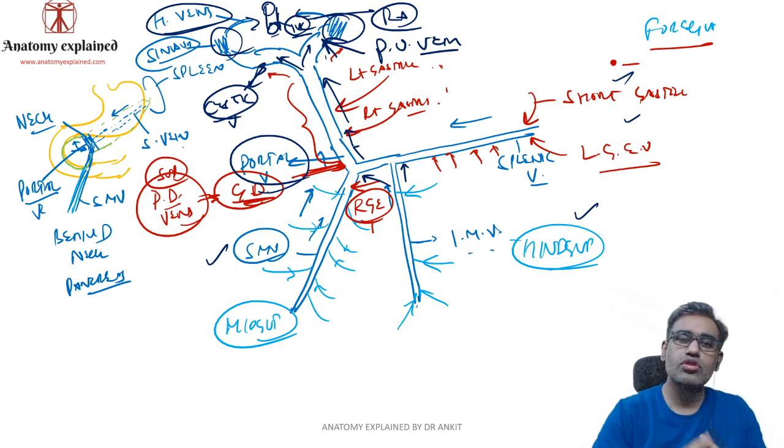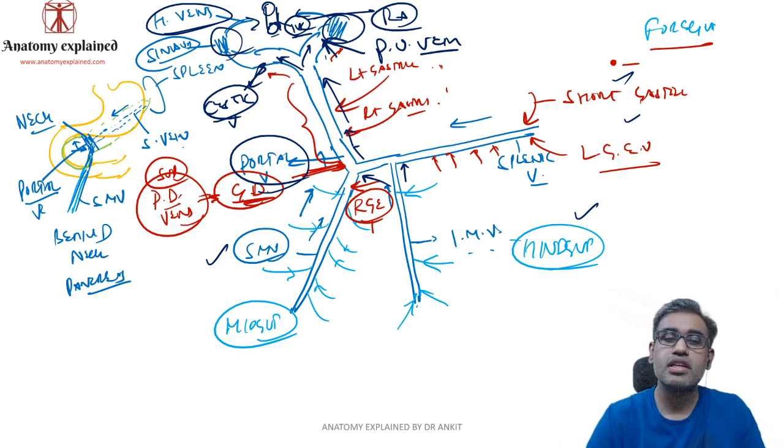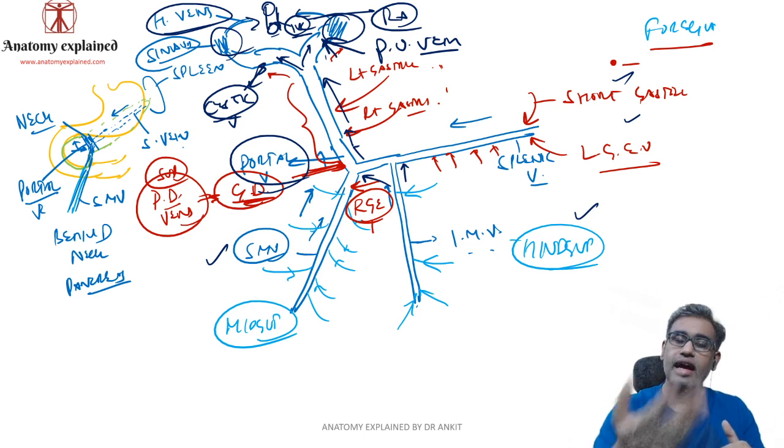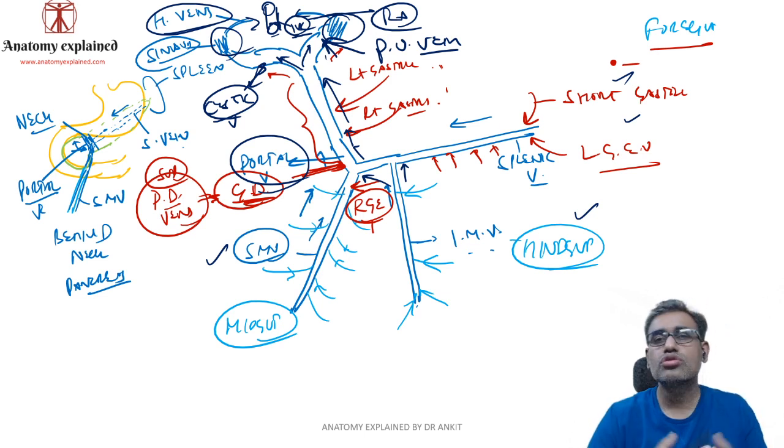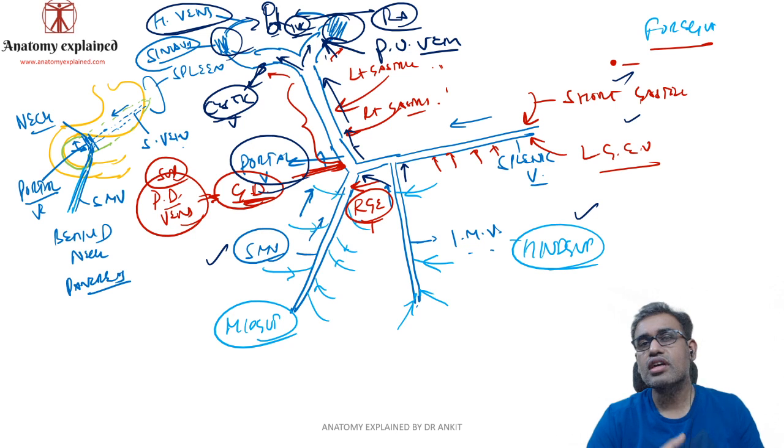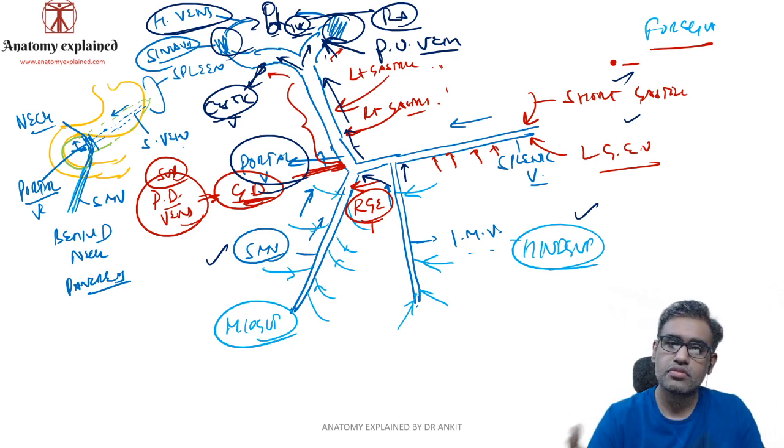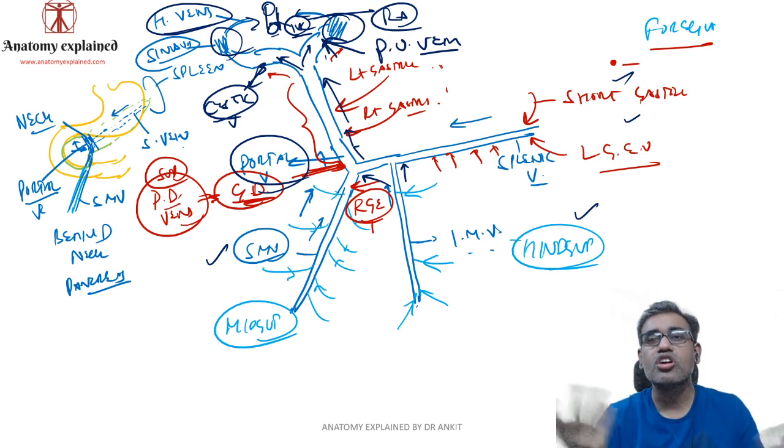And the gastroduodenal veins or the pancreaticoduodenal veins, superior pancreatico, they are actually lying behind the duodenum, so they are very close to the portal vein. So that is logical that they would drain their blood into the main trunk of the portal or near the portal vein where it is formed. And this right and left gastric, as they are in the lesser omentum, as the portal vein is running on the right margin on that lesser omentum only, so it is very logical, it is very common sense that they will also drain into the portal vein.